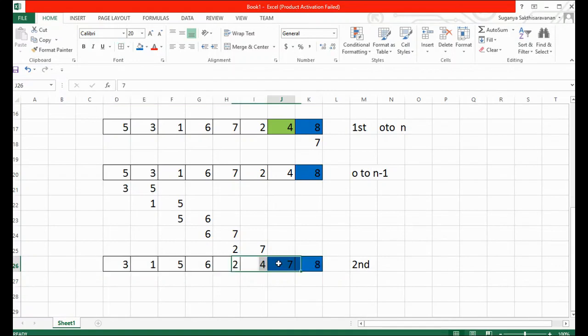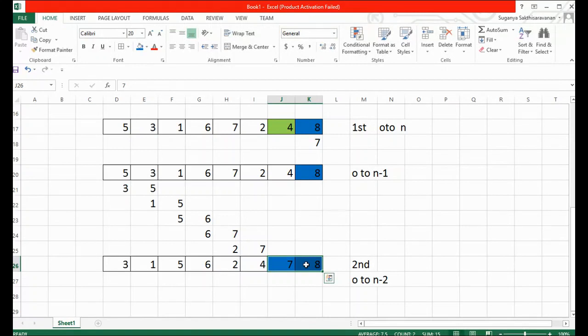So you can find out that the last two data have been sorted. This is the end result of the second iteration. So for the next iteration, it is not required to go n minus 1 iterations. Here, for the next time when you're starting, you're supposed to go from 0 to n minus 2. The reason is the last two data have already been sorted.